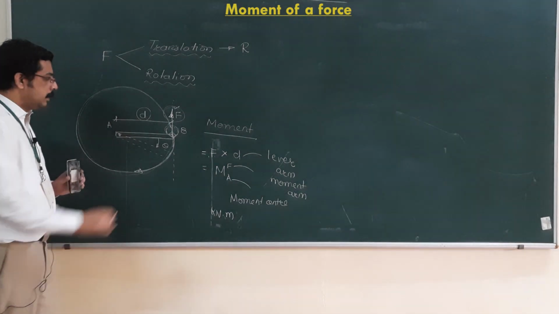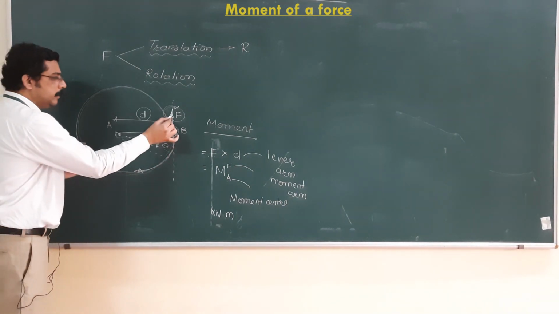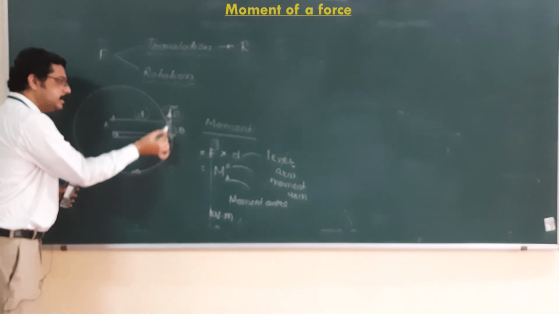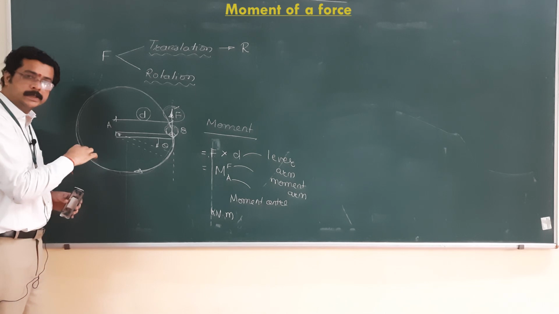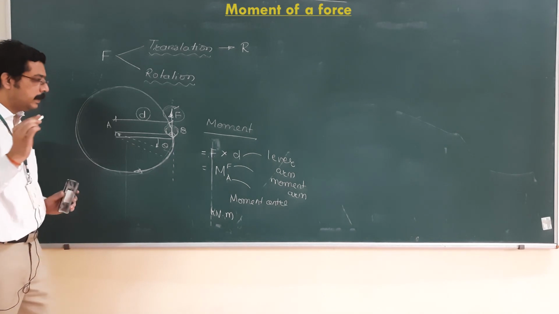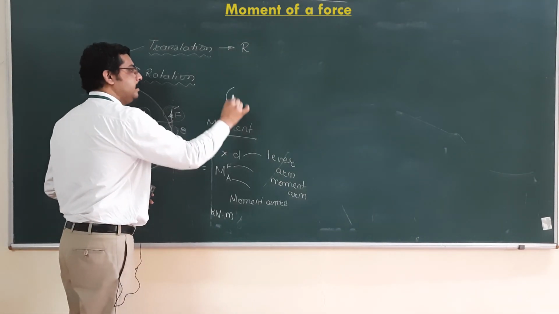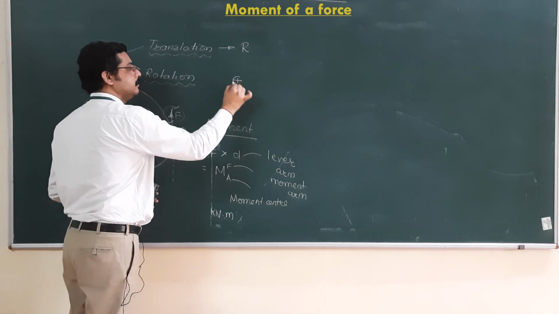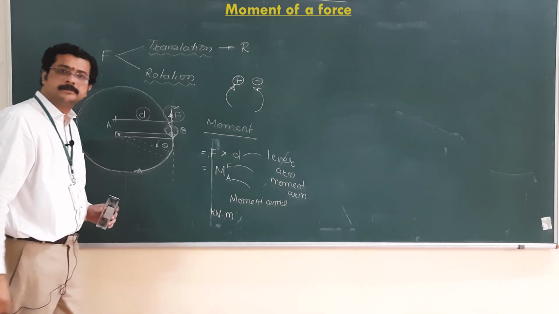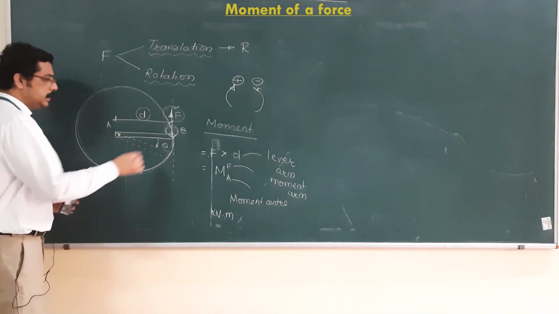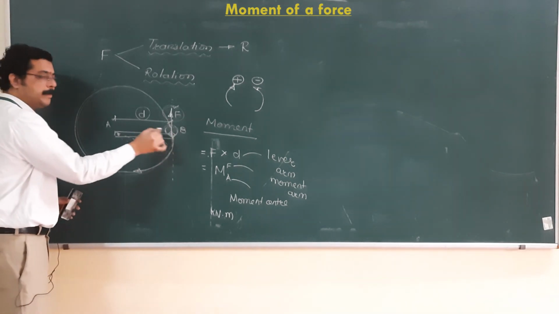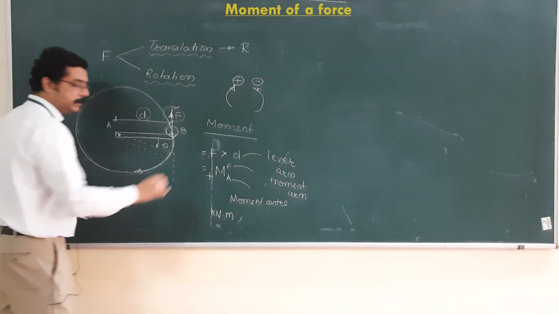Now direction, the part which we discussed: if the arrowhead is downward, the circle was drawn clockwise; if the arrowhead is upward, the circle is drawn anti-clockwise. This is nothing but the direction of the rotational effect which is produced by the force. Hence, a clockwise moment is taken positive and an anti-clockwise moment is taken negative. So a clockwise moment is formed when the arrowhead of this force is downward.